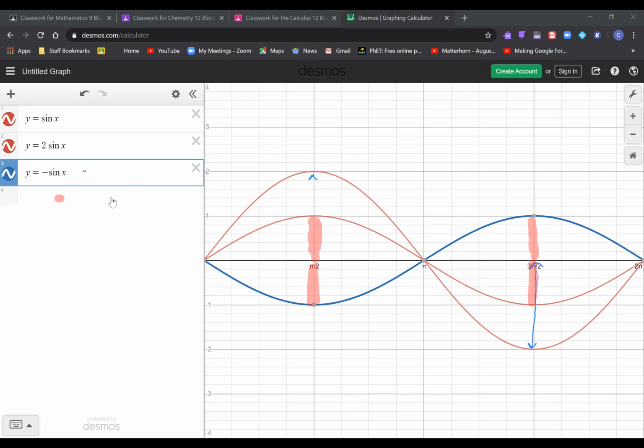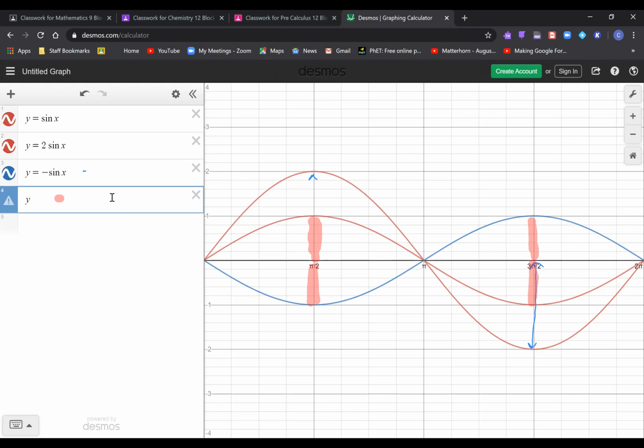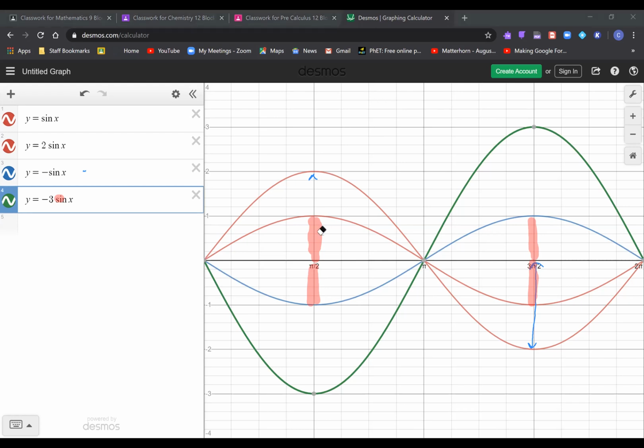And then, of course, let's switch that function off, and now we do our last function, and that was y equals negative 3 sine of x. So we should get a vertical expansion, but also a reflection. So we get both things occurring here. The sine graph has been flipped upside down again. But now, if we look at the distance from the midline to the highest point,